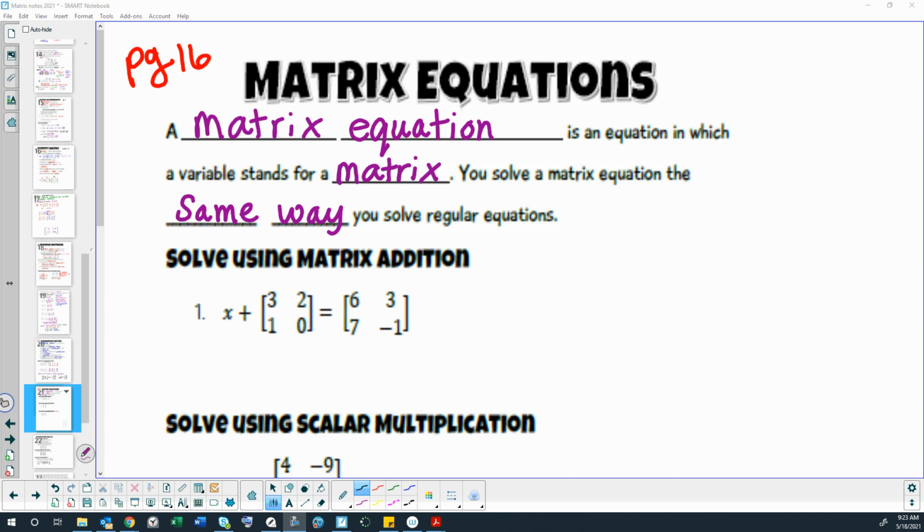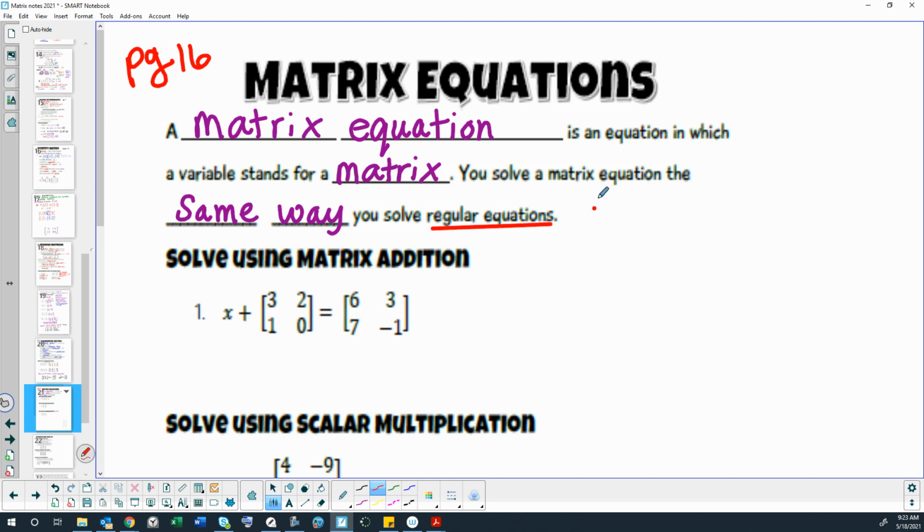Matrix equations. This is page 16 of our matrix note packet. A matrix equation is an equation in which a variable stands for a matrix. You solve a matrix equation the same way you solve regular equations. So for example, an example of a regular equation, just in case you're wondering what we're talking about there, is